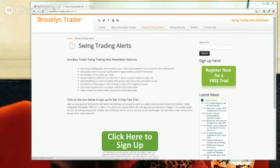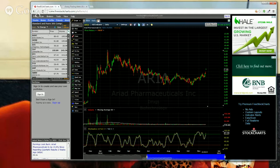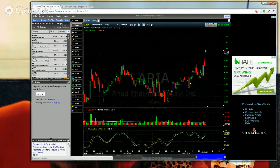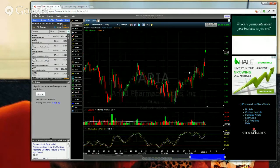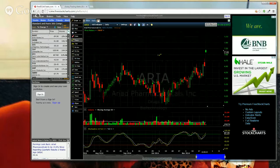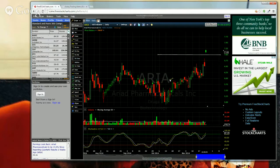So let's just jump right to this chart. The stock is up almost 9% today. So I just want to throw out a few key levels for you guys to keep an eye on, especially in swing trading. The first one obviously is the whole number, which are always big, major areas of support and resistance. So let's just put our first initial line there, right at the 7 mark for a support line,